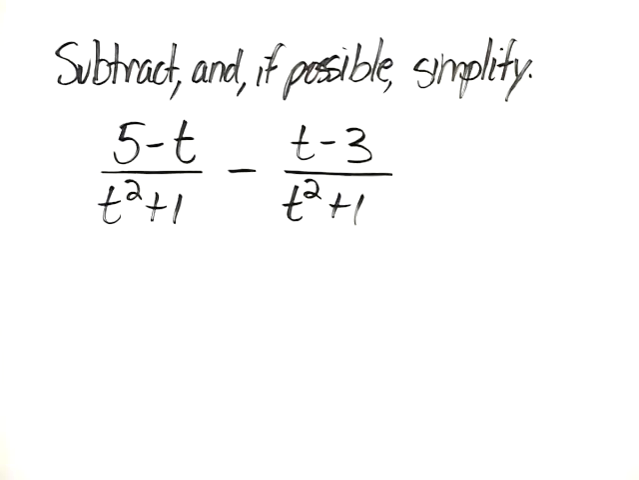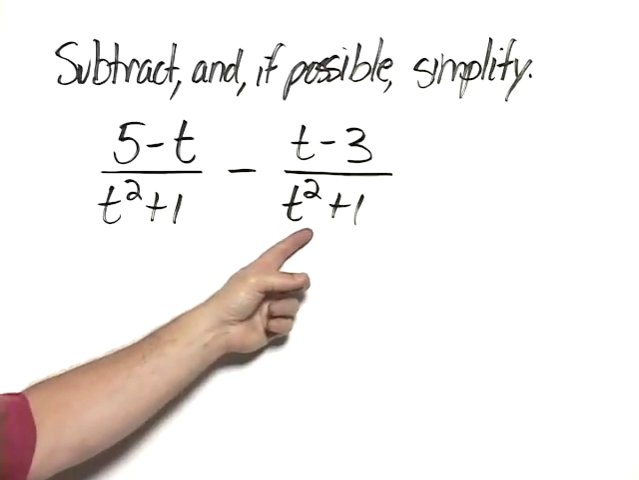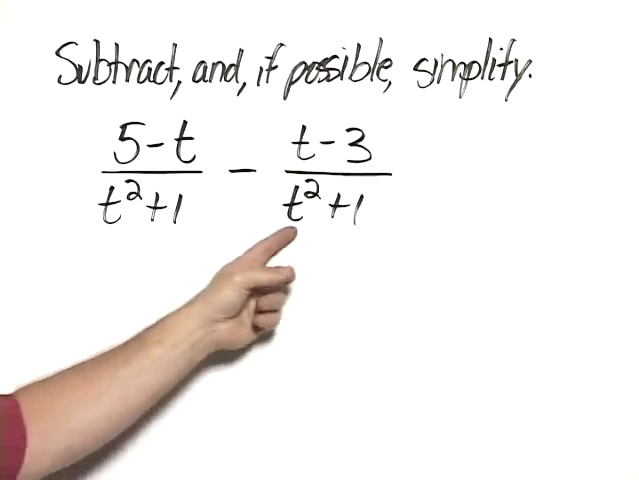Subtract and, if possible, simplify. (5 - t)/(t² + 1) - (t - 3)/(t² + 1). In order to subtract two rational expressions, the denominators must be the same, which they already are in this case,